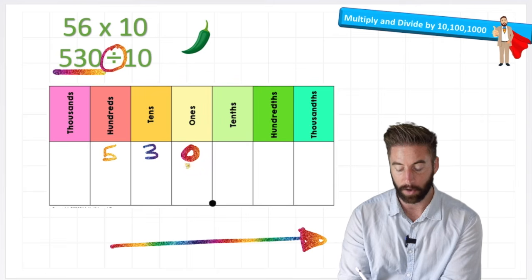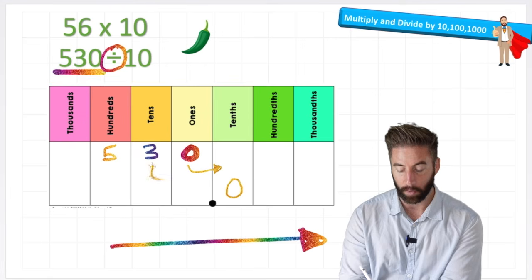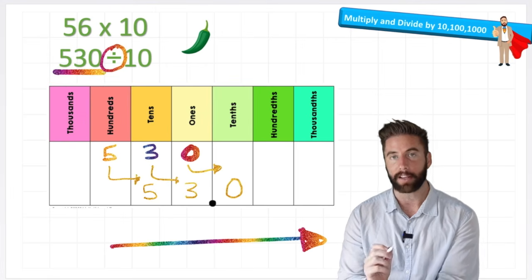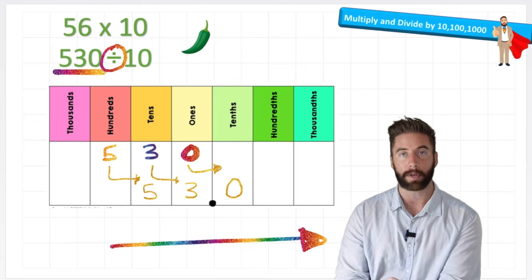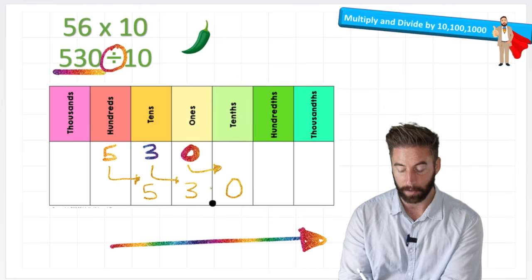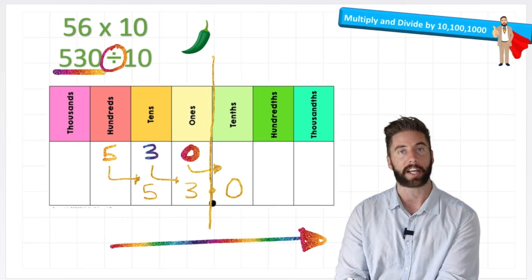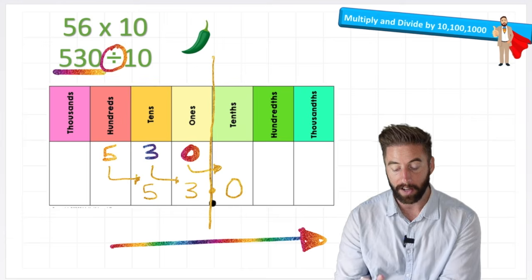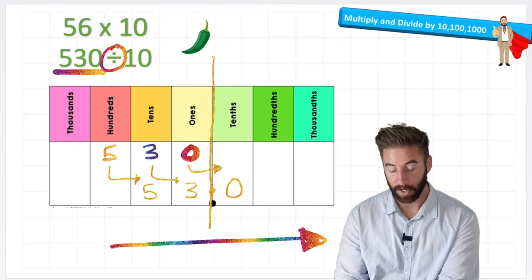So now this 0 will come into this column, into the tenths. The 3 will go into the ones column. The 5 will go into the tens column. And I'm nearly finished. The only thing I need to make sure I do is put my decimal in place, because remember this line here represents our decimal place. So my answer is actually now into the decimals, and I've got